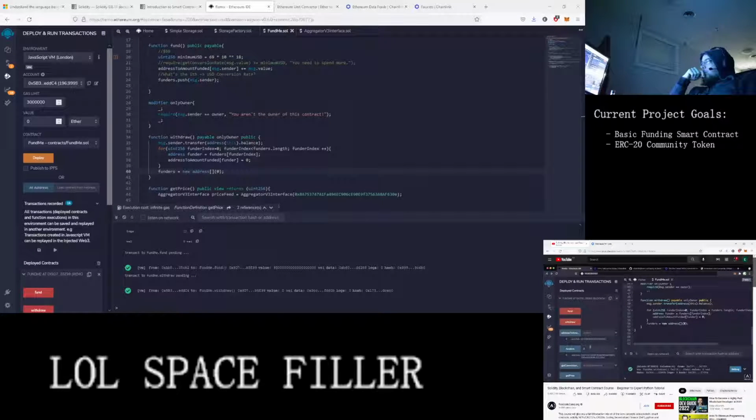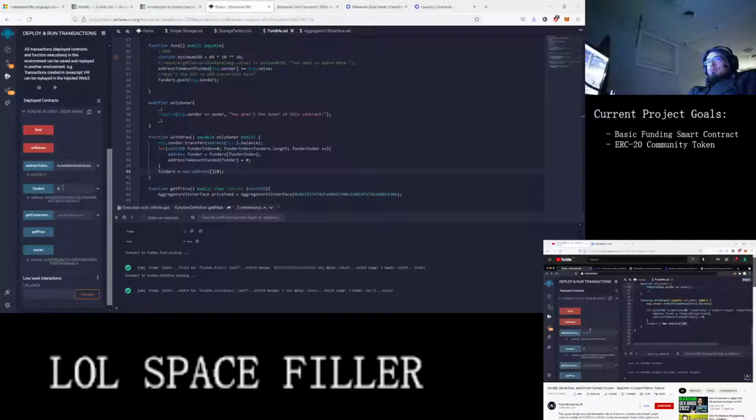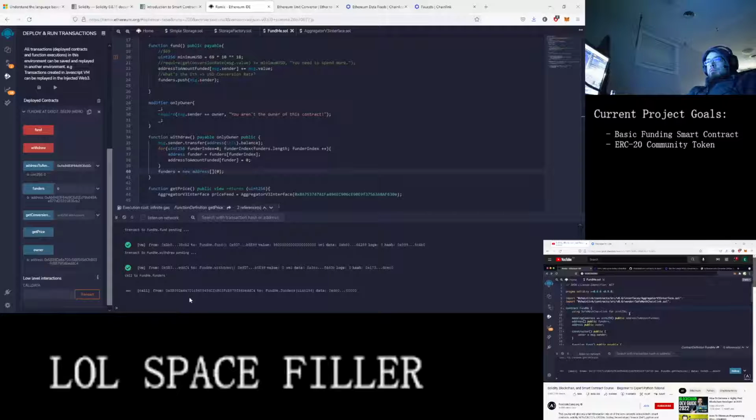So now, if we look at funder 0, we can see it actually errored because it is now a brand new array and there is nothing at index 0. If we try to see how much this address now is funded, it's back down to 0. Awesome! You've now learned how to deploy a relatively